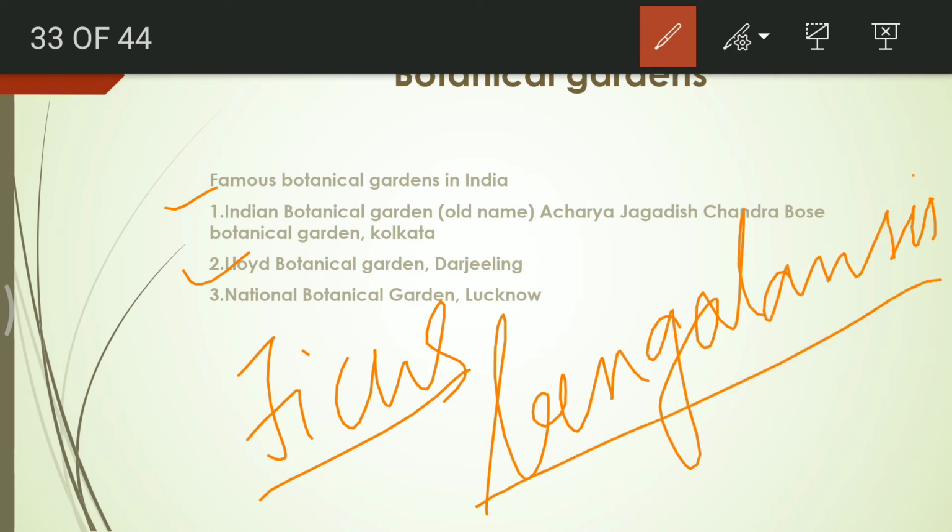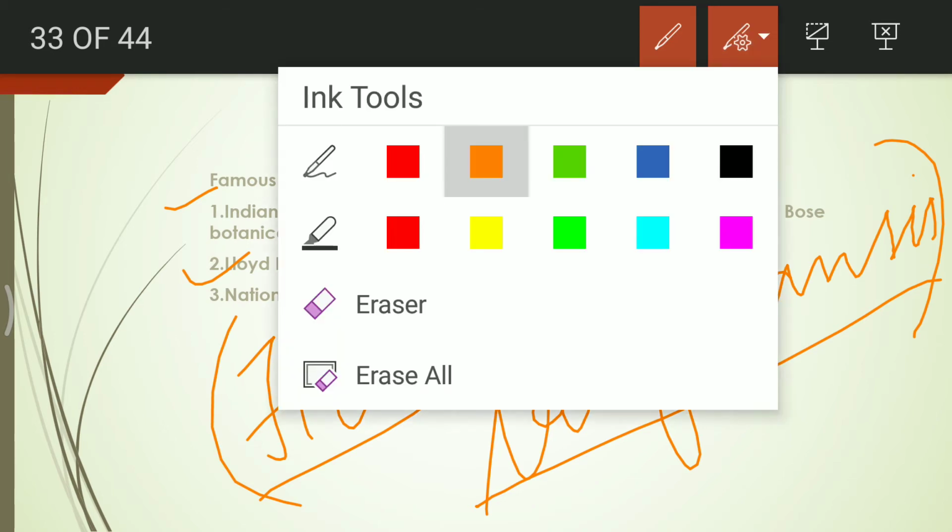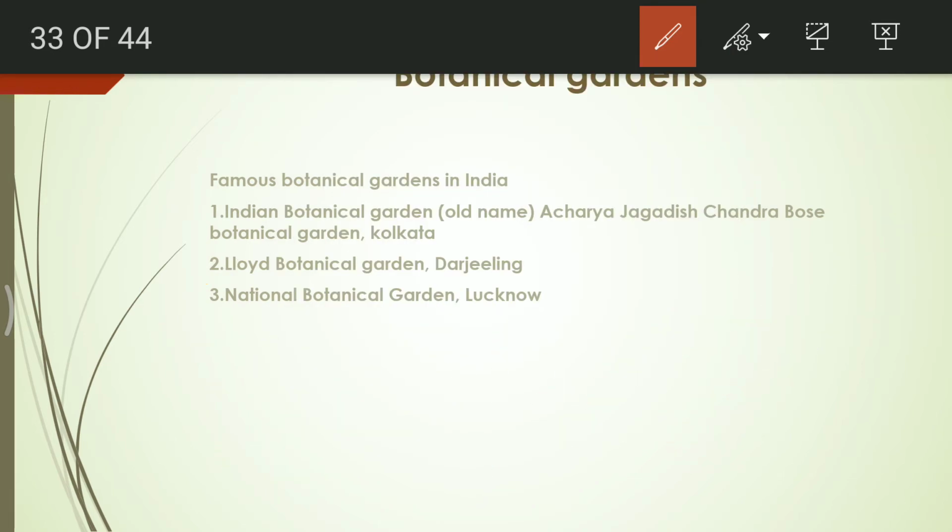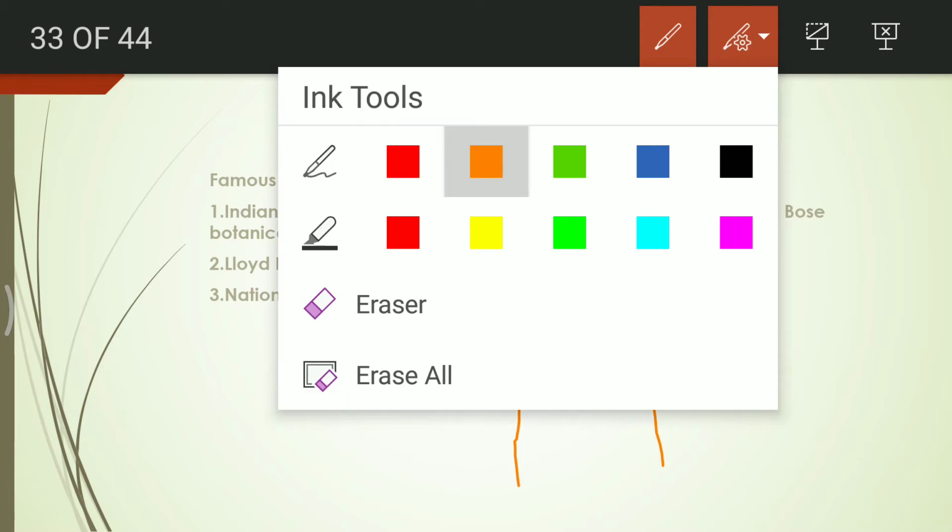And West Bengal is so famous that even the entire world knows it by the name of Ficus bengalensis. It is a kind of banyan tree that has presence of prop roots. So the main root of that plant is like thousands of years old. I have just forgotten how many years old it is, but still it's a very old plant, and it has